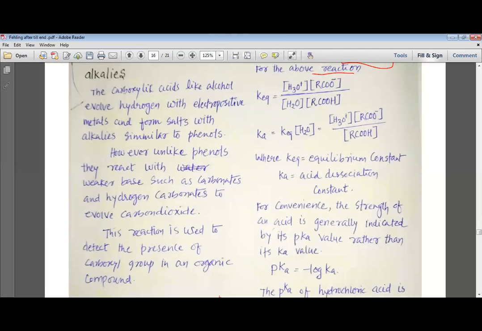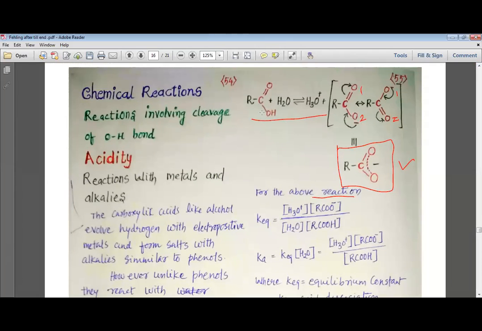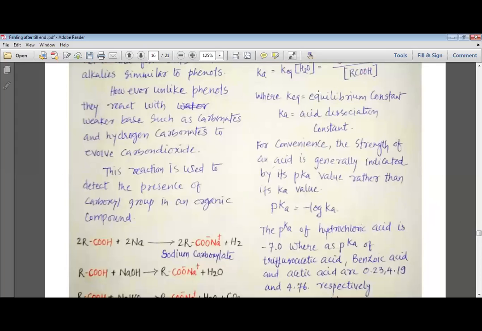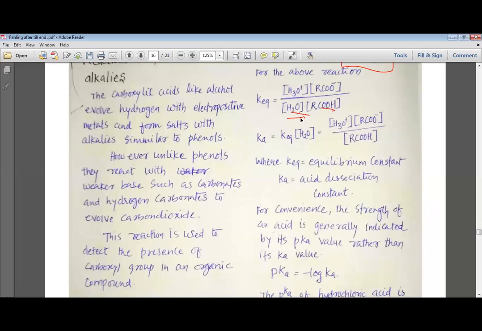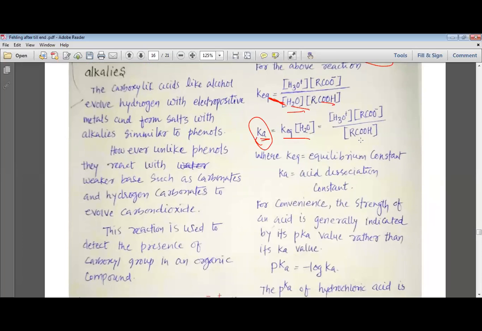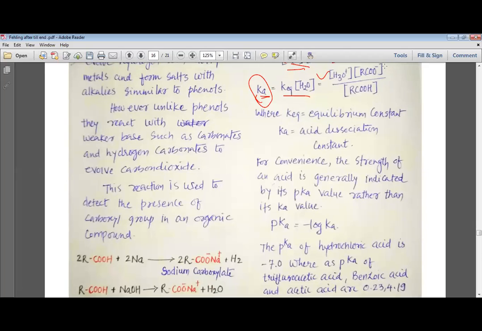I'm talking about this reaction, the reaction between the carboxylic acid and water, where we get the equilibrium established. Then we can write K equilibrium as the concentration of products, that is the concentration of H3O plus and RCOO minus, divided by the concentration of reactants at the equilibrium, that is the concentration of RCOOH and H2O. But we are well aware, my dear students, that the concentration of water is considered unity or constant, and when we multiply these two constants, K equilibrium and water, we get the dissociation constant for acid, which is known as Ka. For this equilibrium, we can write Ka is equal to H3O plus into RCOO minus divided by RCOOH, or the concentration of H3O plus ion multiplied by the concentration of carboxylate ion divided by the concentration